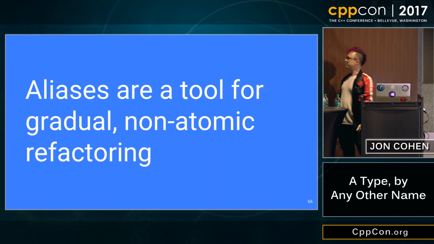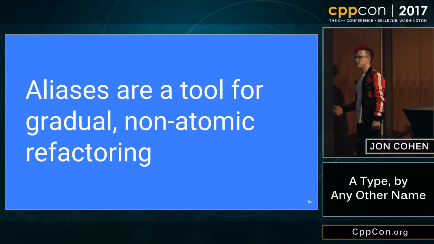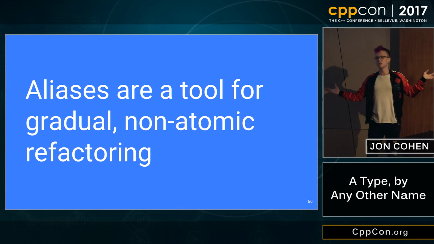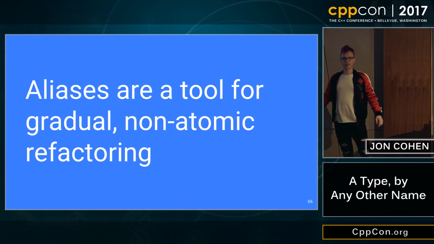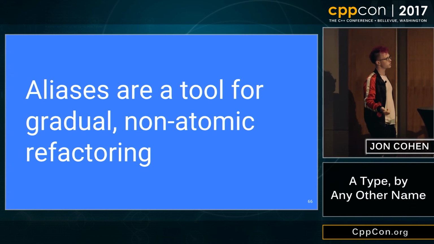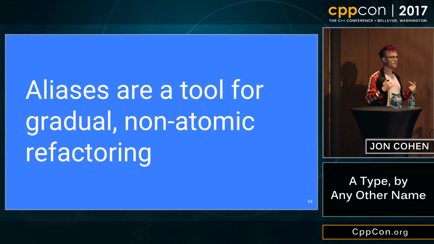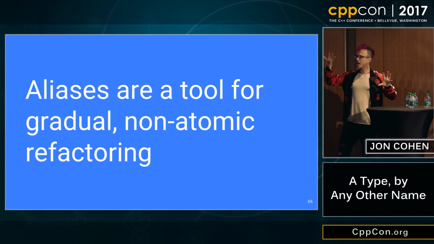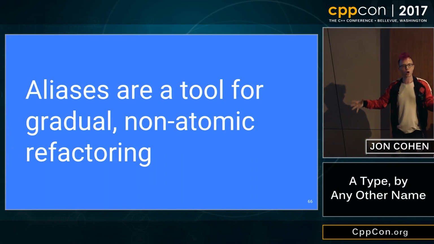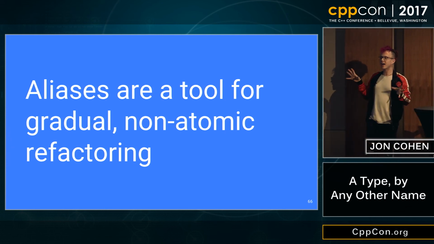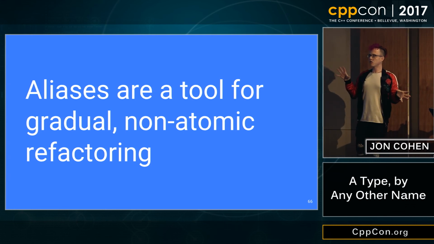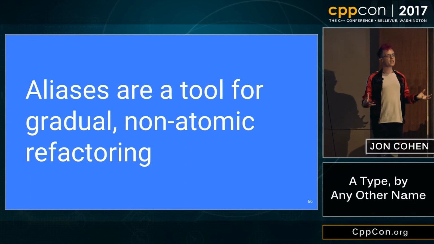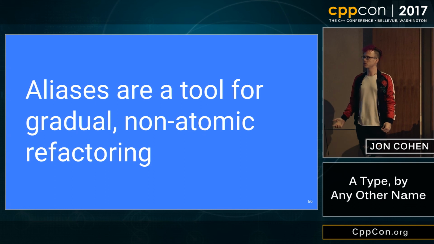So this is my claim. Aliases, while nice to give meaning, maybe you don't want vector of character, maybe you want player list or something, I don't know, in your game engine. I claim that really aliases are a tool for gradual non-atomic refactoring. They create the correct coupling between two names such that you can move piece by piece, change your dependencies, and do very, very large scale reorganizations of heavily dependent-on code in a pretty reliable way, and the only things that break it are pretty reasonable to not ask user code to do.